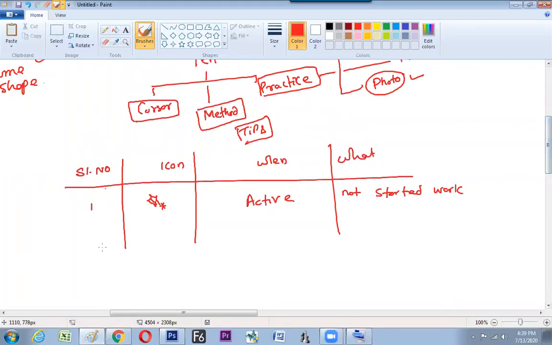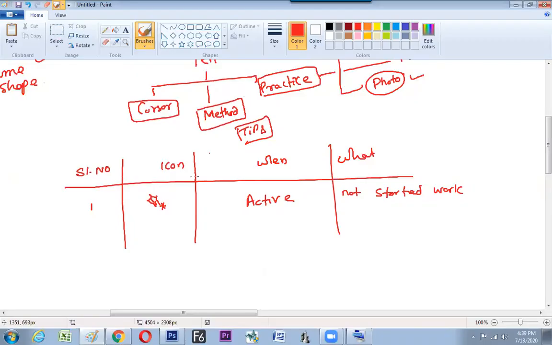We'll come up with the serial numbers and the icons, but for the method of working, just click. Then you can find the cursor turns into a 0 mark, no mark. So the next cursor is ready. How does it look? Pen tool without any mark. It is active but not in working condition, after the first click.